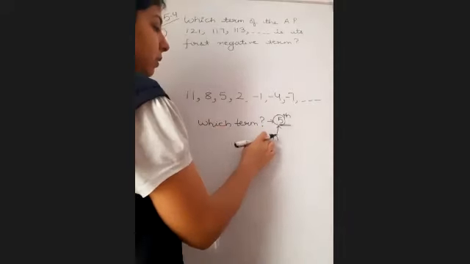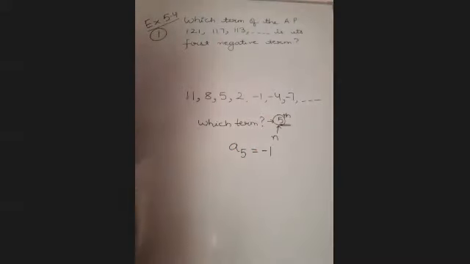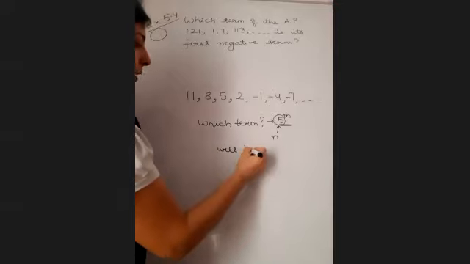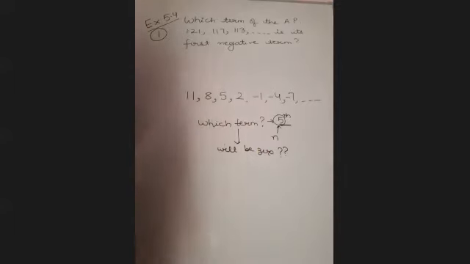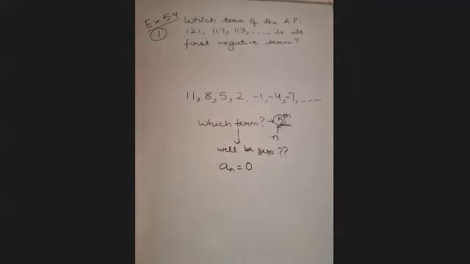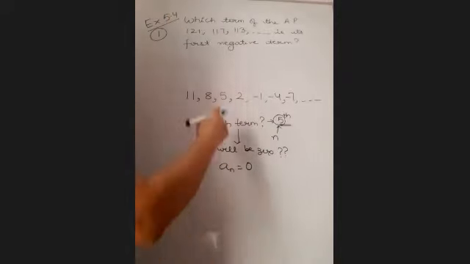What is the relation? Fifth term means A5. And what is the value of A5? -1. But children, here we do not. My condition here is that the which term is the negative term. If you remember, we have done previous question, which term will be 0? We have done a question where we were doing which term of the AP is 0. And when we were solving it, we equated AN to 0. Yes, ma'am.